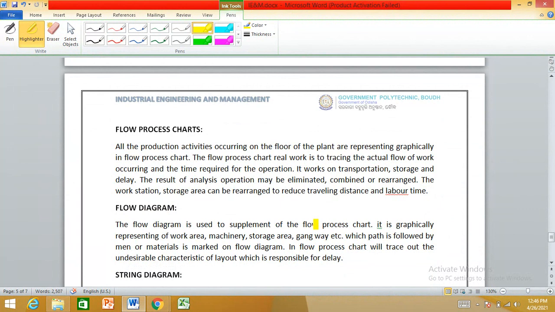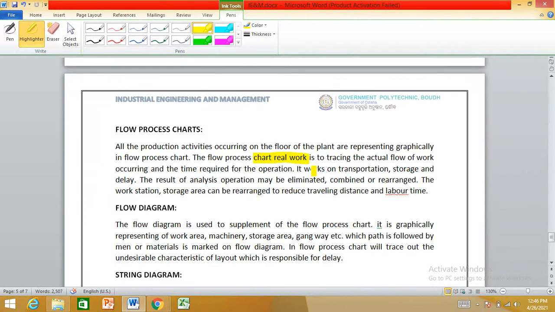In a flow process chart, we prepare a chart of the work material, showing where the work material is going from place to place, from which place to which place. In the flow process chart we define that.